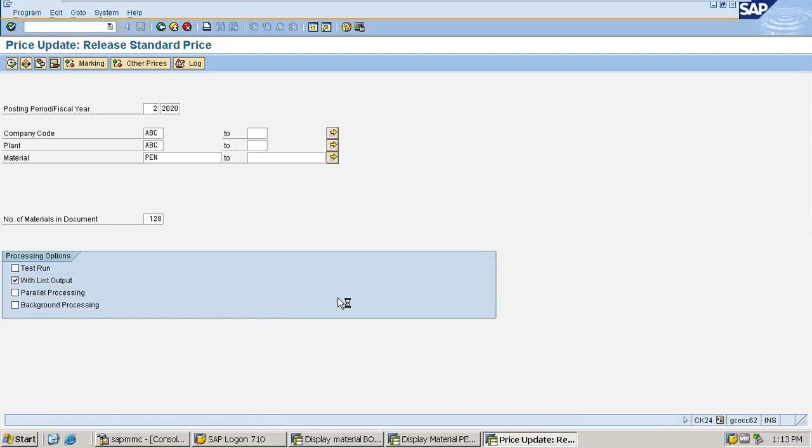Executing it will again take a bit of time to complete the posting. Compiling.